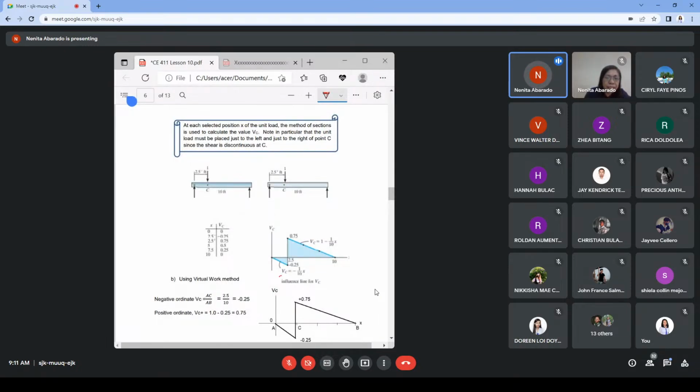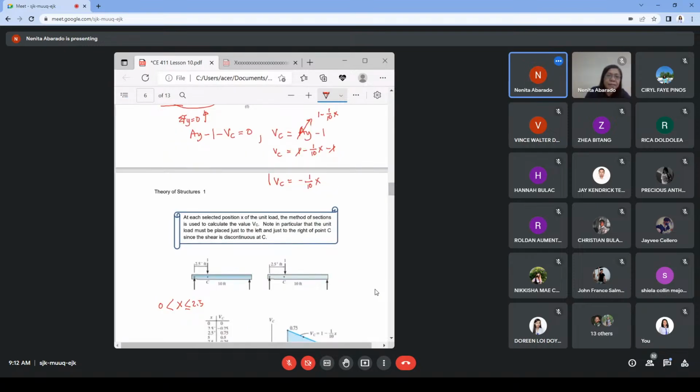Okay. What is the class of this segment? That is for this segment. At x is equal to... this is good for x is less than 0 or equal to 2.5. Up to there. Less than 2.5 or equal to 2.5, less or equal to 2.5. What is its equation? Then,